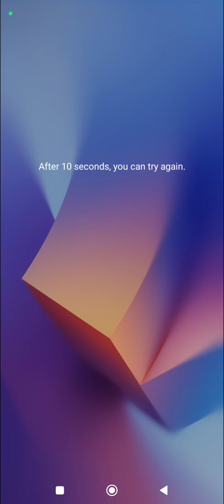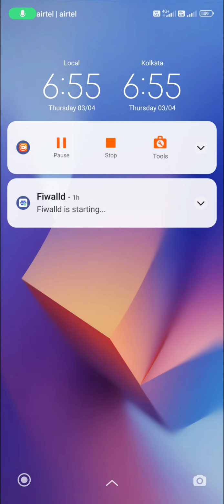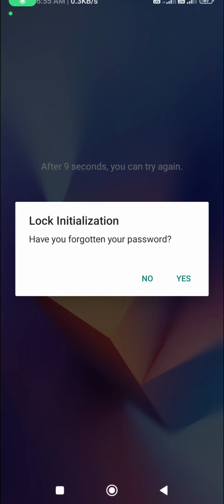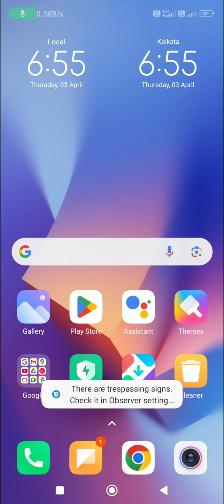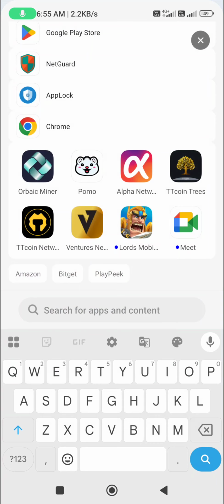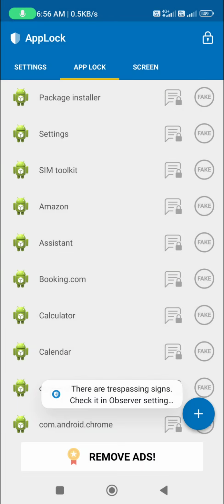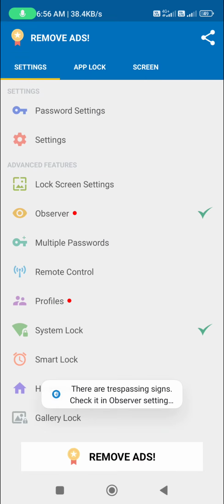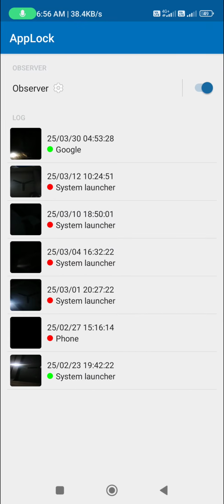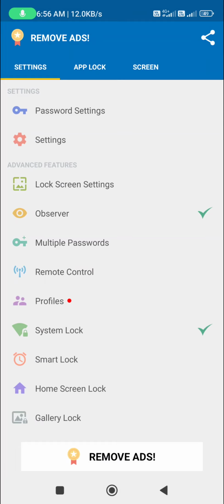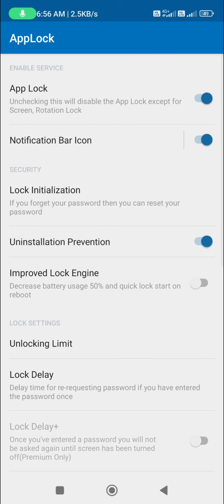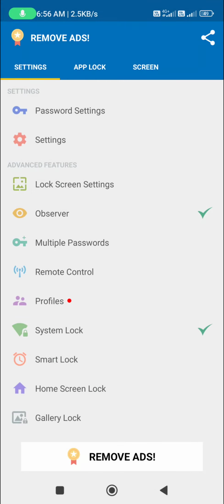Just watch for it. It's a very big trick that I'll be showing you, that they're applying and getting the data breach out of the systems. If I am opening this app right now, the app lock, that is the main software, I click on later, I go to the settings part. I'm going to the lock screen settings part, and in the settings part I'll be the password